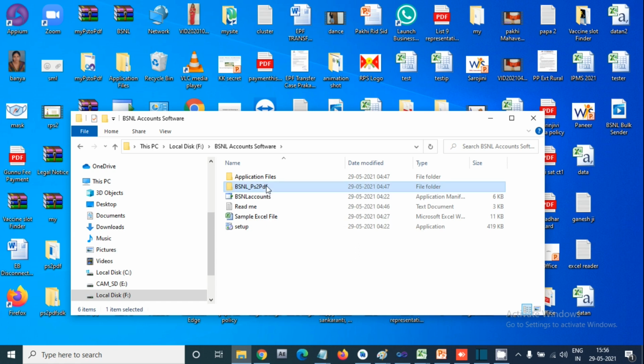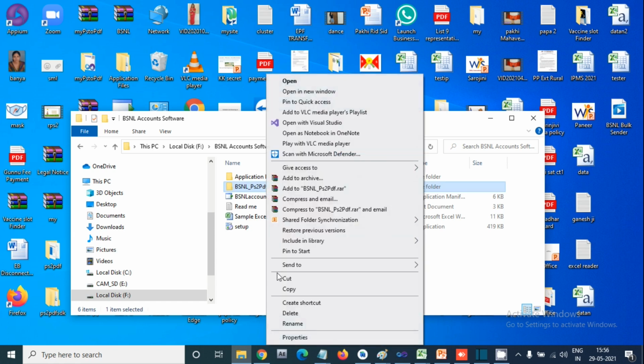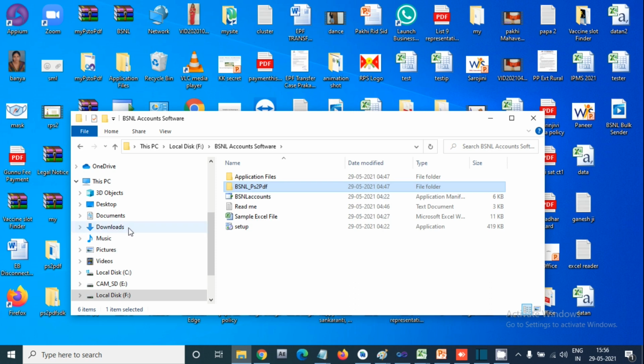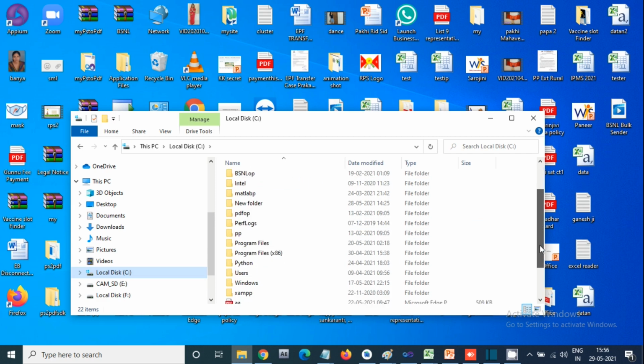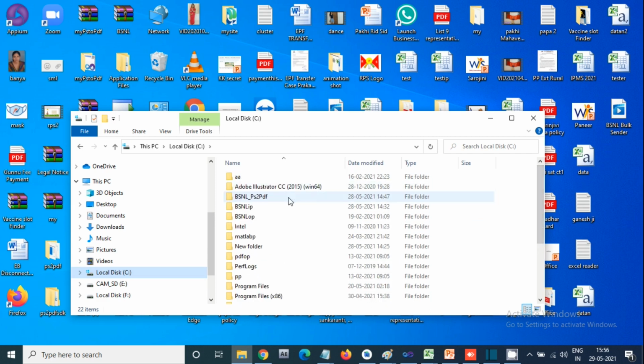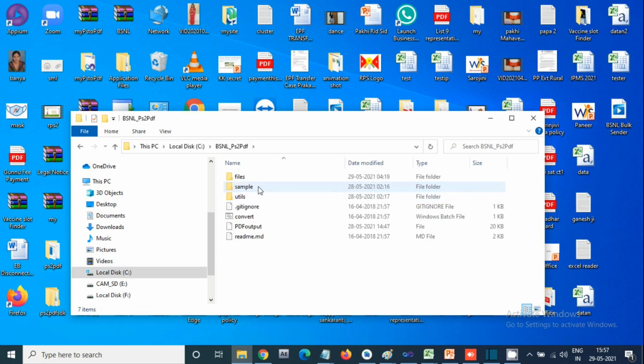One is the BSNL PS to PDF folder. You need not do anything, just copy it and paste it to any desired location. What I have done is paste it to the C drive. So this is my C drive, and this is the folder that I will use for PS to PDF conversion.